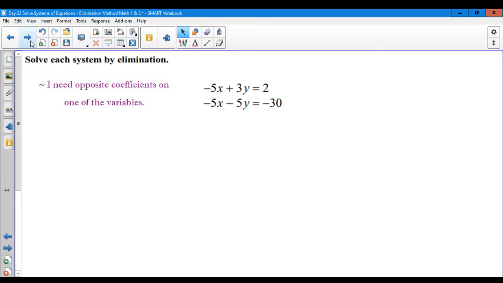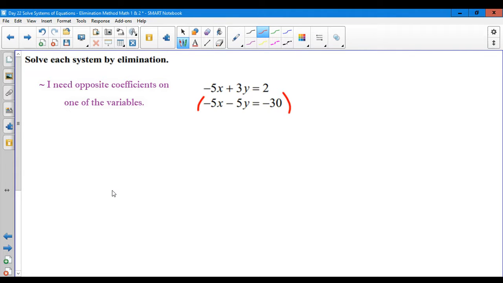Sometimes that's not the case. For example, here, if I look at my y's first, maybe I've got a positive 3 and a negative 5. Those are not going to go away. And I've got a negative 5 and a negative 5. Now, those are exactly the same. And I need opposite coefficients. So I need one of these to be positive. And a clever way to do that,